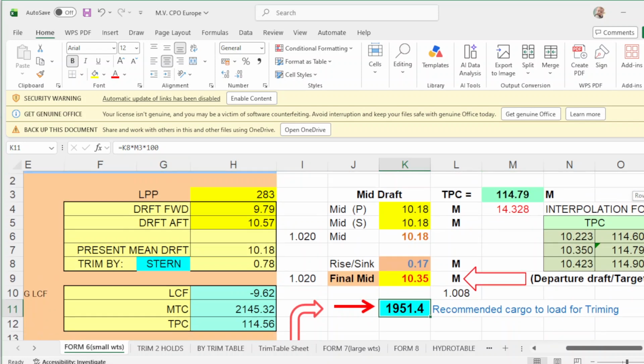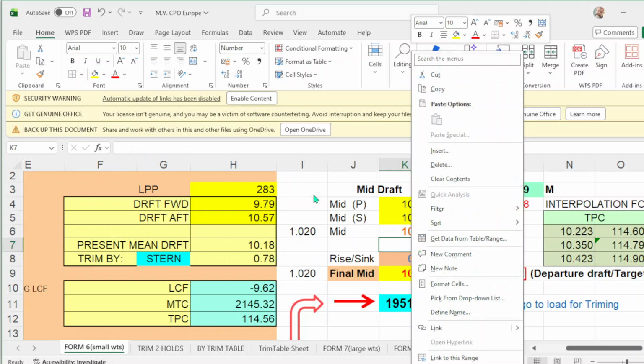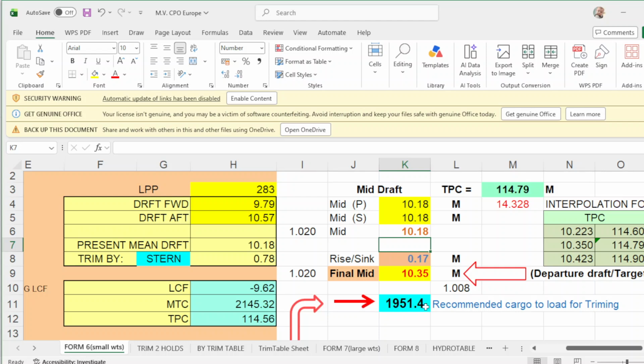Your M3 is 114.79 times 100. So to get this one, that will be your sinkage, K8, times your TPC of 114.79 times 100, then you will get these figures.